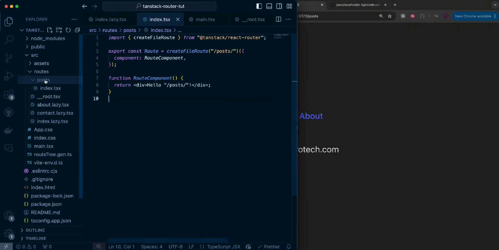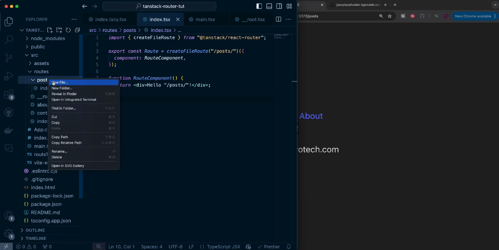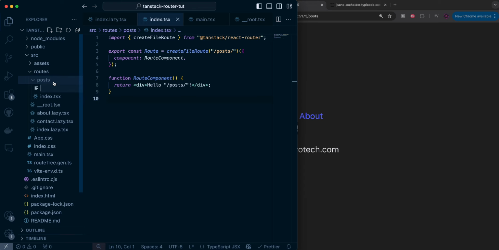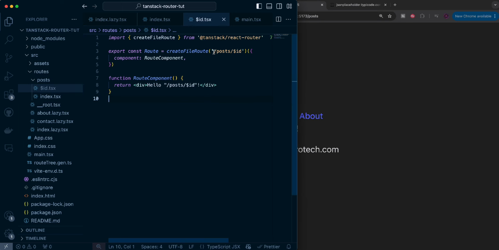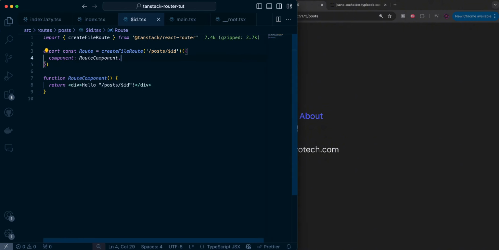Now, I want to make another version of this, which is going to be one that accepts a param. Specifically, the param I want to accept is the ID param. To do that, we just have to put a dollar sign and then the name of the param we want, which is ID in our case, and then just define .tsx. As you can see, it recognizes that we want to have a route for posts/the ID. Now that we have that,